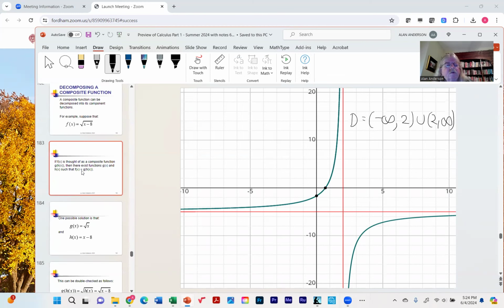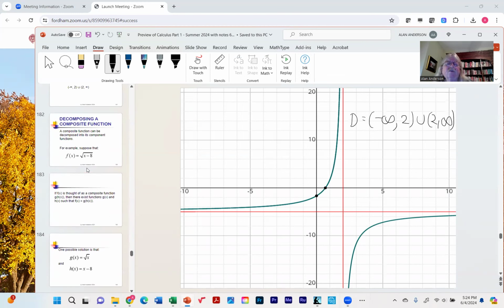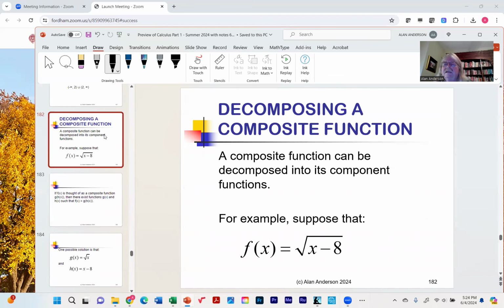All right. And then finally, there's one more detail here we want to look at. Okay, there's one or two. Decomposing a composite function. So in other words, what if you were told that there's some function h of x, which is itself a composite function? You should be able to figure out what those functions are. In other words, given this function, it should be possible to break it up into these two, the outer and the inner functions. And so here, for example, if f of x is radical x minus 8,